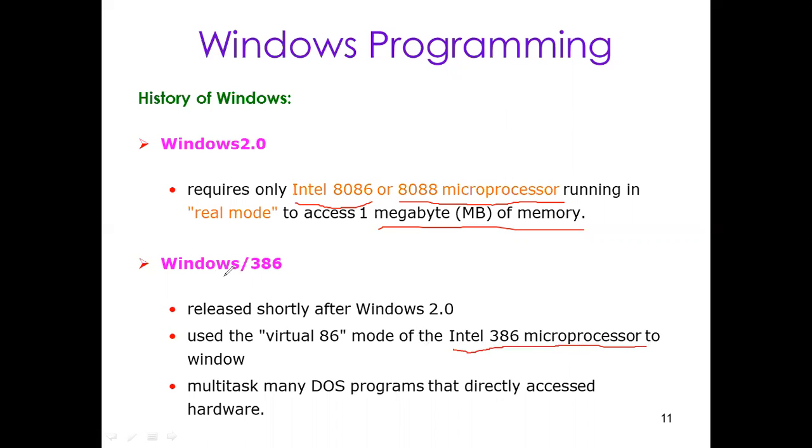Windows 386 was designed specifically for the Intel 386 microprocessor. If you remember this one, Windows 386 is a special Windows designed particularly for the Intel 386 microprocessor, which is having